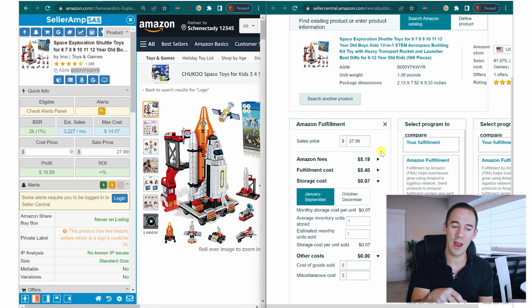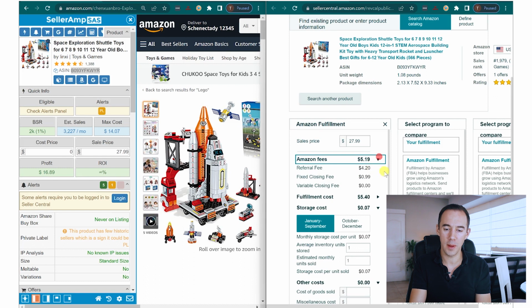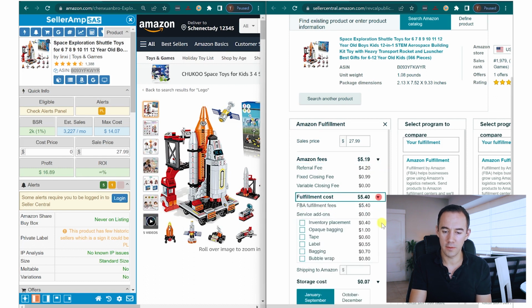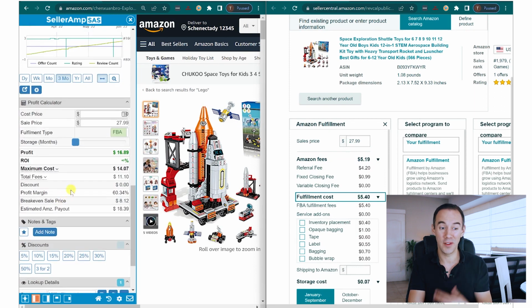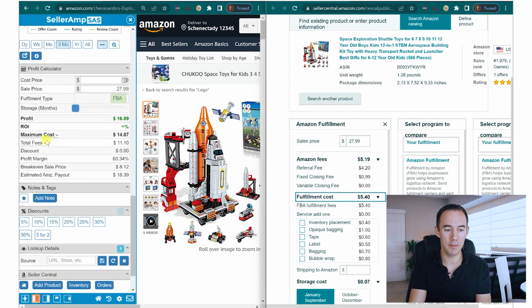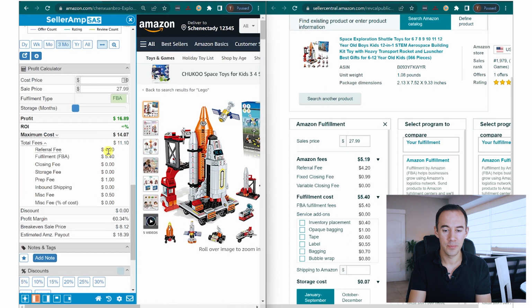So what I wanna do quickly now is just check the fees are right. So let's have a quick look at the fees. I'm gonna open up the Amazon fees here. I'm also gonna look at fulfillment costs, and I'm gonna go to Seller AMP quickly and break down the fees. And once I've done that, then I can actually do a proper comparison. So total fees here, we've got referral fee, $4.20, great. FBA fee, $5.40, yep. You can see I've got prep fees of $1 here, and miscellaneous fees where